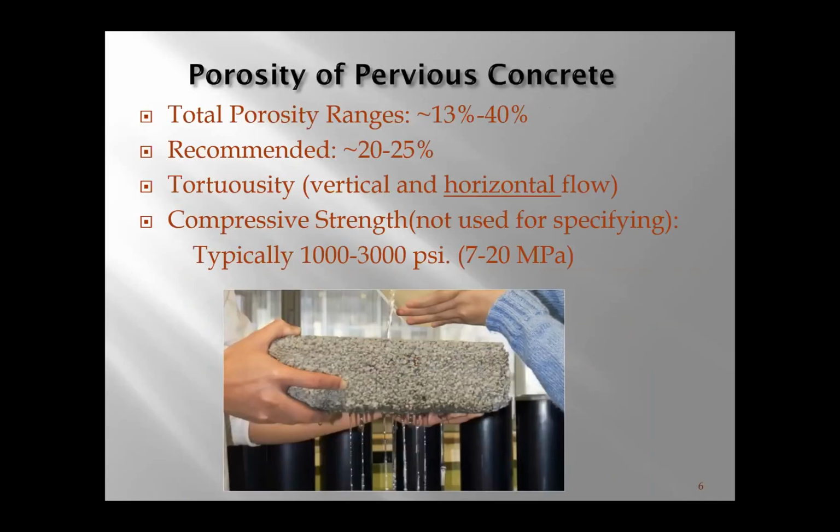So typically, the porosity of pervious concrete, so that's the voids in it, can range from about 13%. Less than that, you tend to have blocked the flow channels, and it can go up to 40%. However, at 40%, it's so weak, it breaks apart pretty easily under traffic flows. We try to design it for somewhere between 20 and 25% porosity. It's a very tortuous material, and you should know that it has both vertical and horizontal flows. If you look at the picture here, you see the one stream coming down, but just a few inches later,